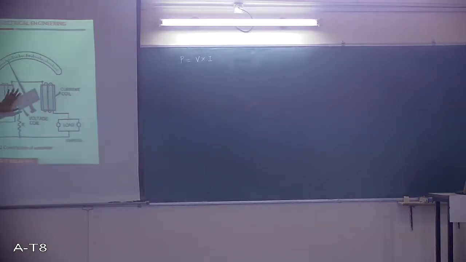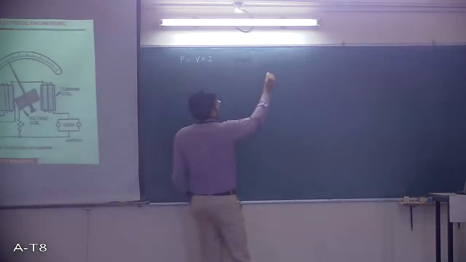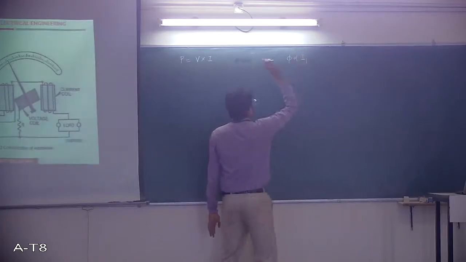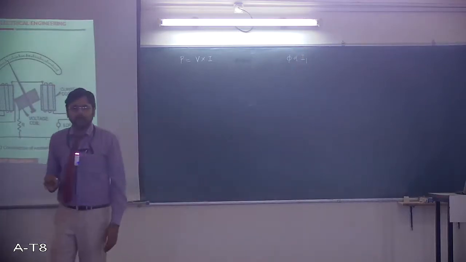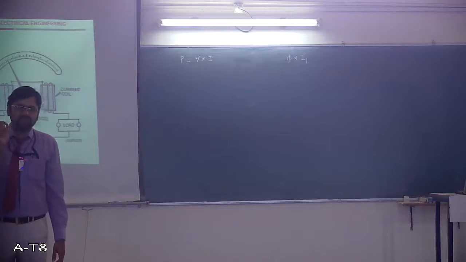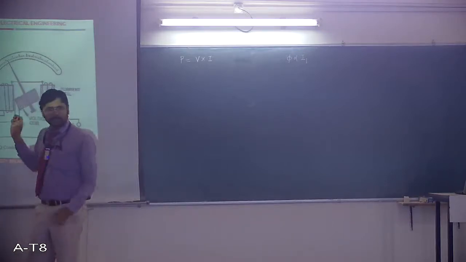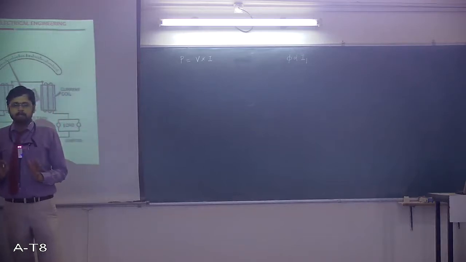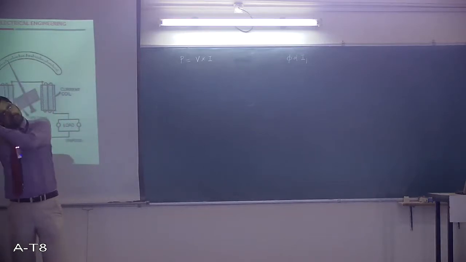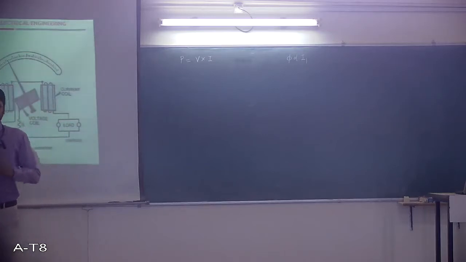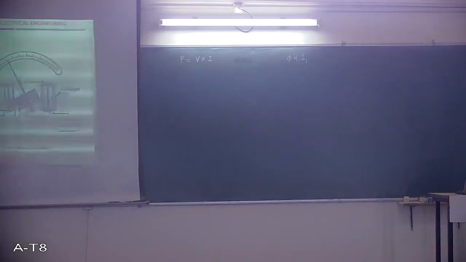Okay, so there is a production of magnetic field or flux, and remember, whatever is the flux produced by the fixed coil, it is proportional to the current which is flowing through the fixed coil. Okay, and what is the current flowing through the fixed coil? It is same as that of the load current. So whatever magnetic field that is produced in the air gap, it is proportional to, I can say, current flowing through the load. So this is how I sensed it. Okay, one parameter. Second parameter, I should sense what now? Voltage. Let's see how this is going to happen in the instrument.